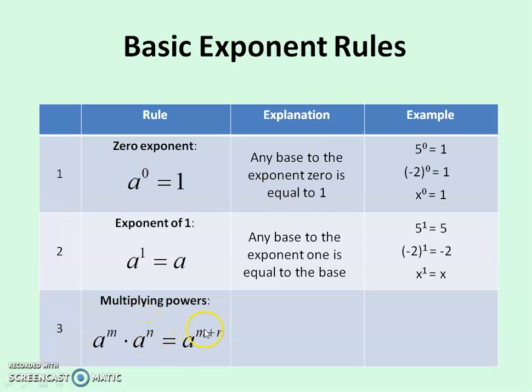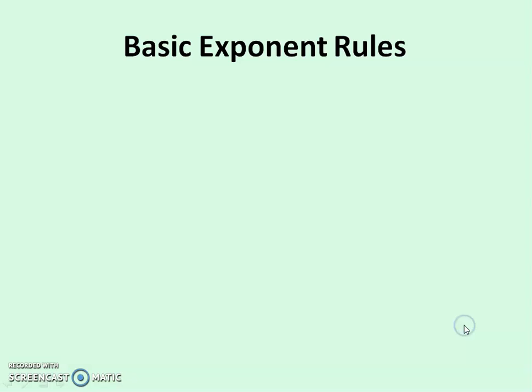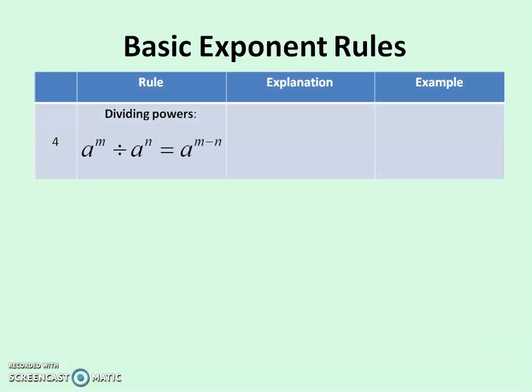same base to the power, to the exponent, the sum of the two individual exponents. You add the exponents. So the base stays the same, 5 to the power 1 times 5 to the power 6, and this 1 wouldn't have to be written there. I would add those exponents and the base stays the same. It doesn't become 25, it stays 5, and the exponents add, and that's true whether you're adding positive numbers or negative, whatever. The opposite of that rule, dividing powers, I would have, when my base is the same, my quotient